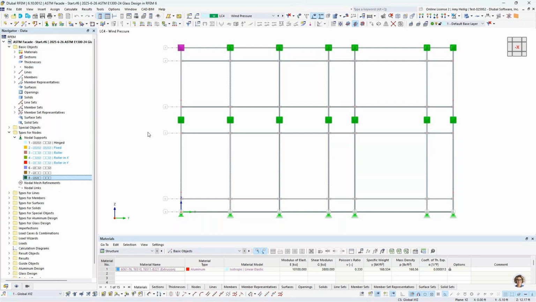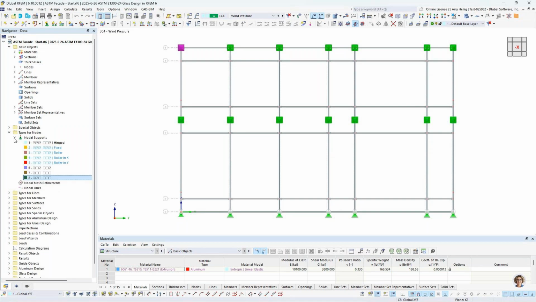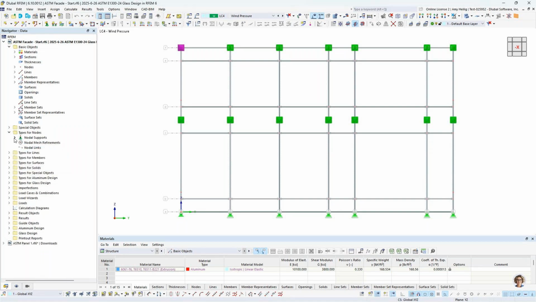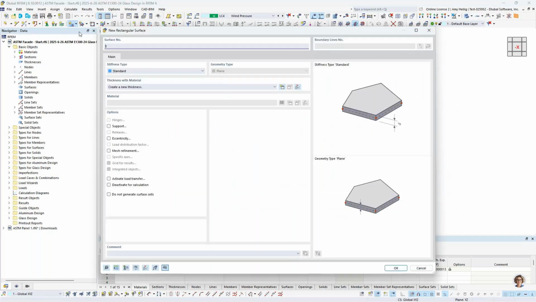So if you wanted to explore this model in a bit more detail than what we have time for today, again, feel free to download that under the same web page that you registered for this webinar. So now that the members are modeled, we need to also model our glass panel. And for this one, I'm just going to draw a general rectangular surface. And with the surface, so this is not going to be curved,